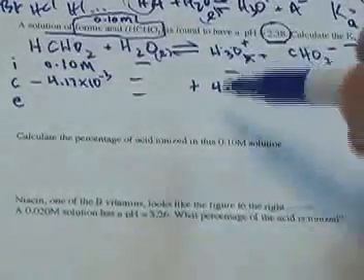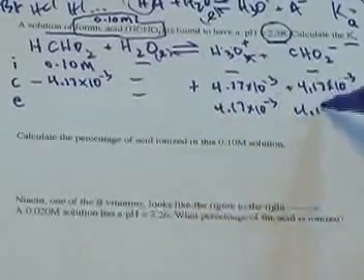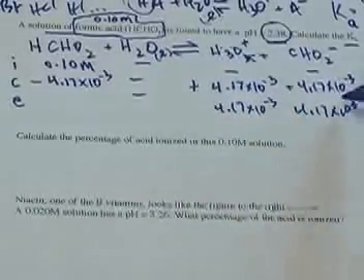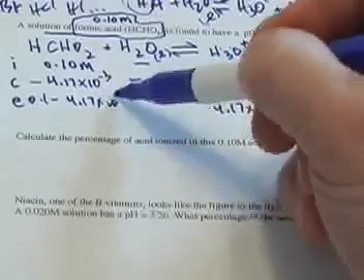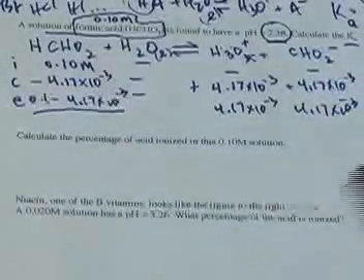And then I can fill in the rest of my table. This will end up being 4.17 times 10 to the negative third, this too, and then this one right here will be 0.1 minus 4.17 times 10 to the negative third. Now if you do this on your calculator, 0.1 minus 4.17 times 10 to the negative third,